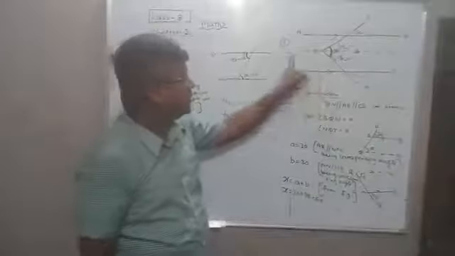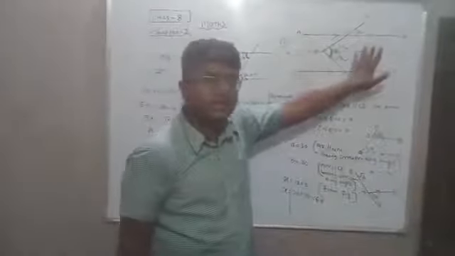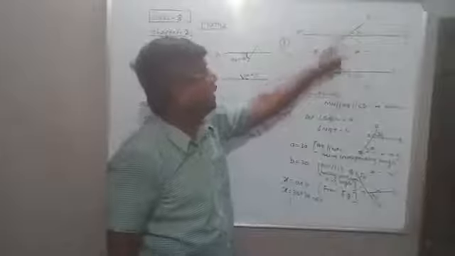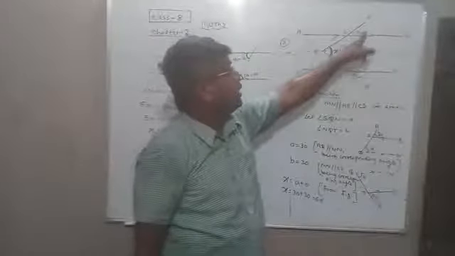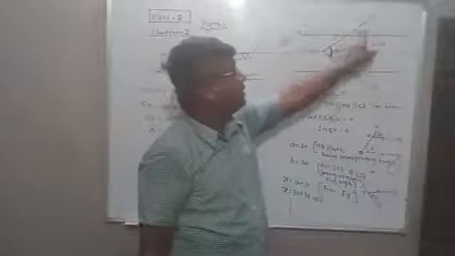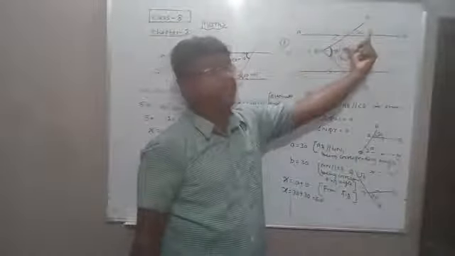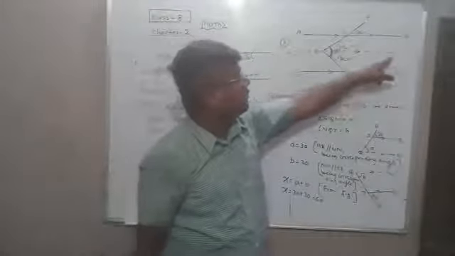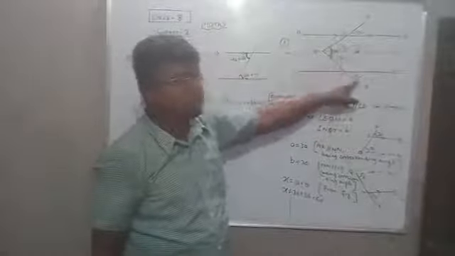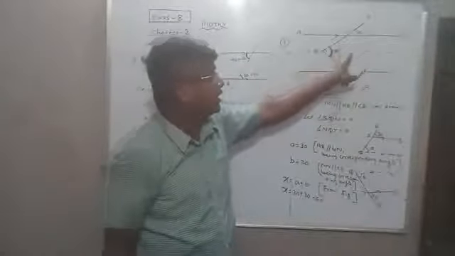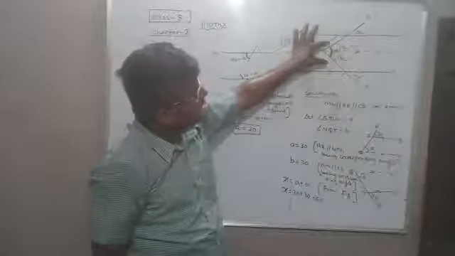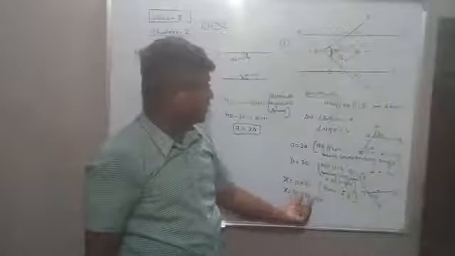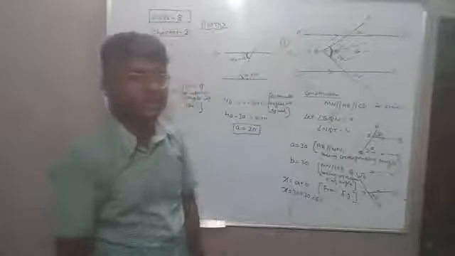Okay, simply we have drawn the MN line, it is not given in the question, we have drawn it for our convenience. Okay, while drawing this we got the angle here, that is your SQN, and this angle is corresponding to angle PSB, that is 30 degree, so a and 30 degree are equal. Similarly b and this 30 degree, means angle DTR and angle NQT, these two angles are also corresponding angles. So a is equal to 30 degree, b is equal to also 30 degree, and this total angle X is equal to a plus b, that is X is equal to 30 plus 30, that is your 60 degree.